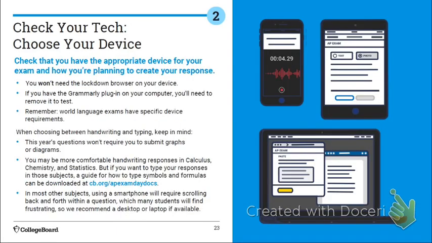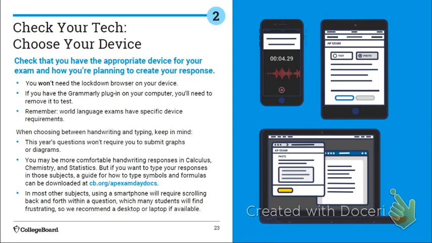Start thinking about how you want to take this exam. As I told you guys before, I personally would take it on a desktop or a laptop and have a phone nearby just in case you want to take a picture and upload an image. But that may not be feasible for you. Just keep in mind that the exam can be taken on a phone, an iPad, a tablet, or any kind of laptop or desktop.